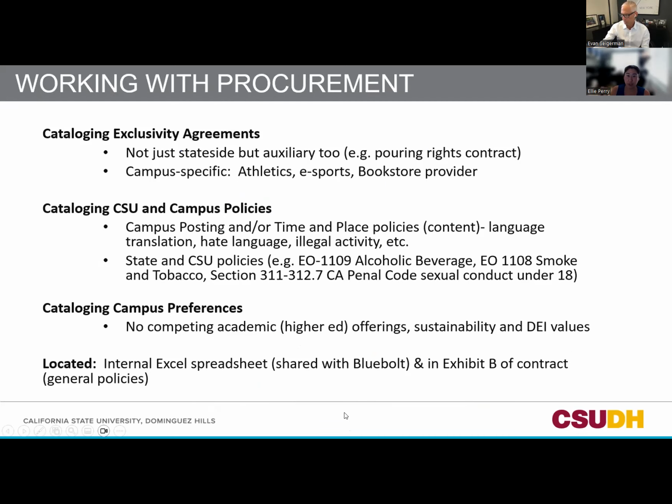To dive down really into procurement, which is probably the heaviest lift in terms of developing an agreement that works for your campus, is the process of cataloging exclusivity agreements. You have to think about not just your stateside procurement, that's usually doing stateside operations, but if you have an auxiliary on your campus who's offering pouring rights contracts and things like that, that's not necessarily on that side of the house. You have to catalog what advertising exclusivity agreements they've made on behalf of the campus,